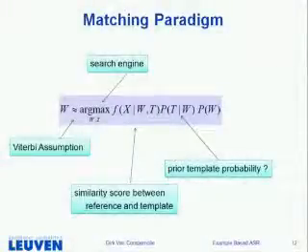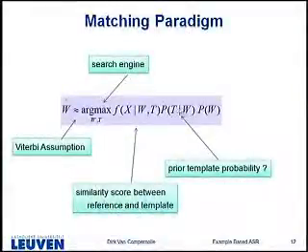Now, let's look at this. We say, okay, it's about this argmax. That's our Viterbi assumption. Argmax, we need a search engine to do this. But basically, this thing doesn't look very different than anything we've done in HMM. So we will be reusing our search engine that we have developed for HMMs. We need a similarity score between data and words and templates. And we need this prior template. And then we have a language model, just the way we have a language model in speech recognition.